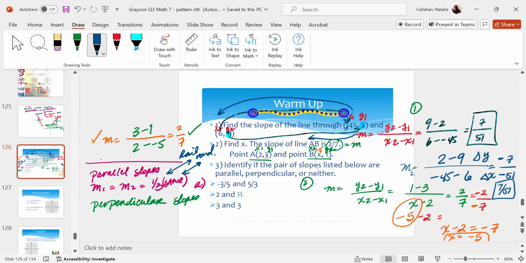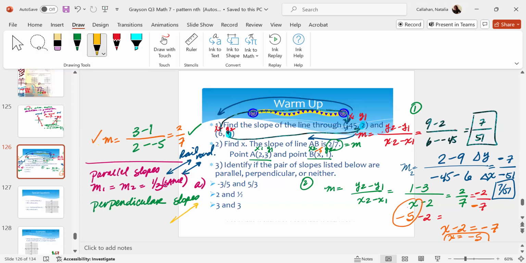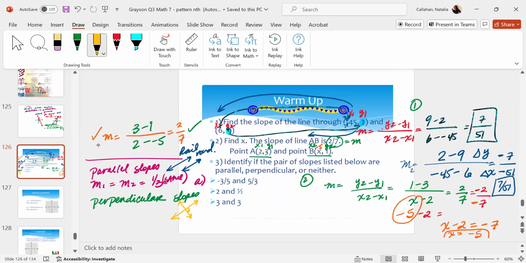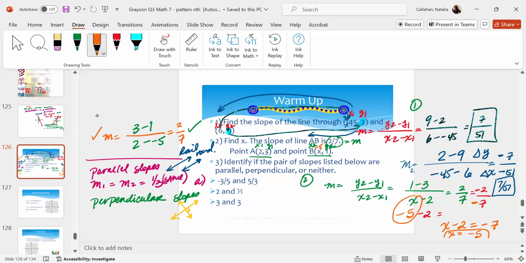All right. Perpendicular slopes. It's crisscross. So it looks like this. But when they crisscross, it's not just any crisscross. They have to create a right angle. Do you see that? Okay. So then, they also call them negative